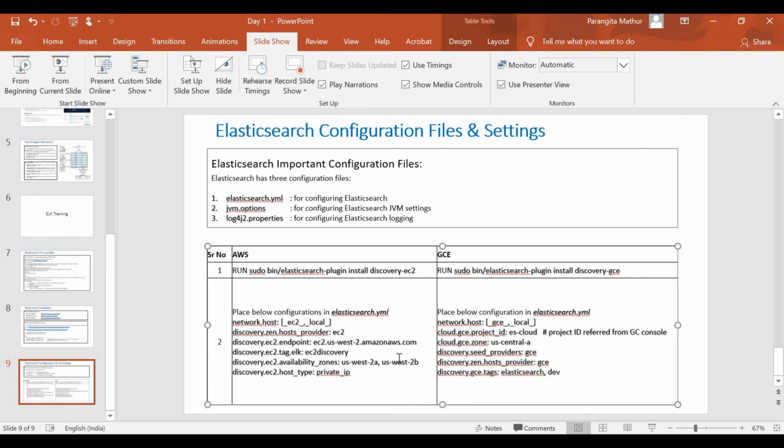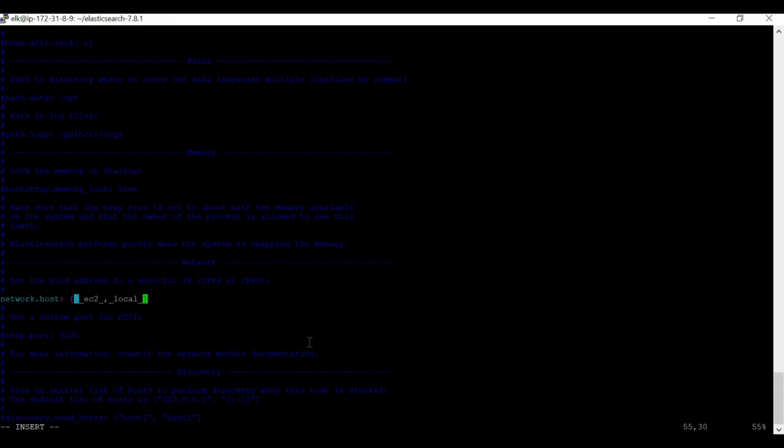Availability zone: which availability zones should it consider? US West 2A, US West 2B. EC2 host type: which host type should it consider? It will consider the private IP. Okay, so now I place this network host. Let me save its value. Wait, I placed it twice.